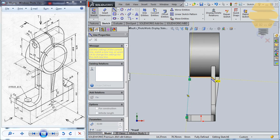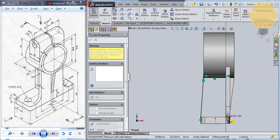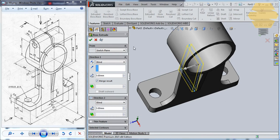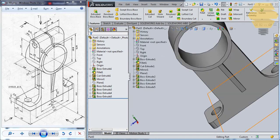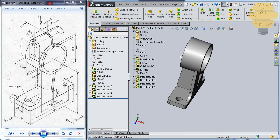So create it in this fashion. We'll just extend it a little outside. Alright, now exit sketch. Now you can go for features, extrude boss and base, and extrude 3 on both sides. Tick mark. Now you have that portion created as well. Now finally we also have a portion created here. So to create that, what we have to do will be, okay, again the front plane, go for the sketch,